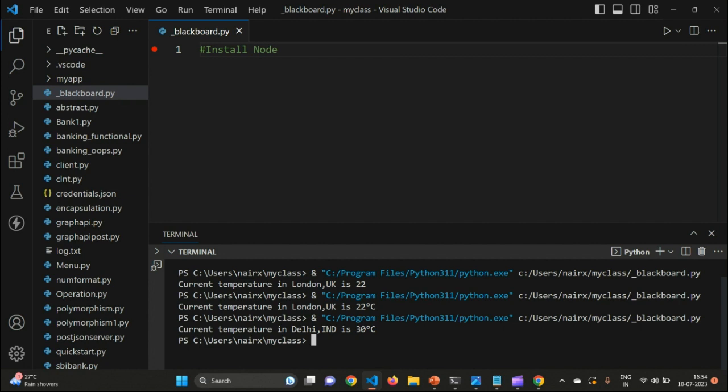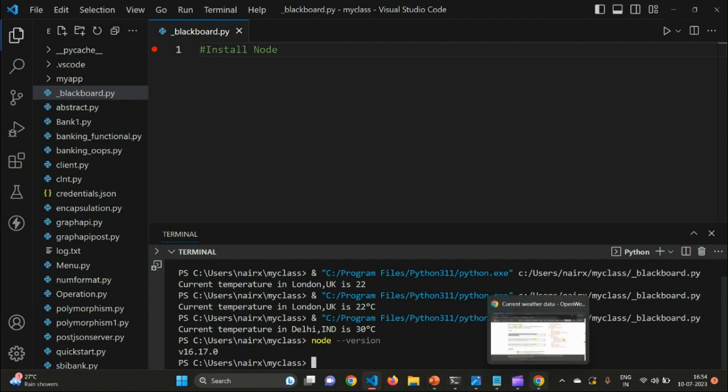cmd and check if node is already installed or not. You can type node, two hyphens, and version. If node is already there in your computer, it is going to show you some version, 16 point something or 18 or 20 or something like that. Okay. If it is not installed, then you need to go to the node